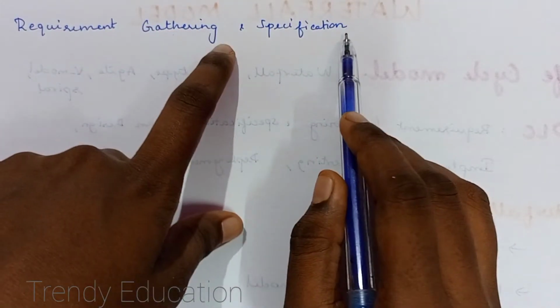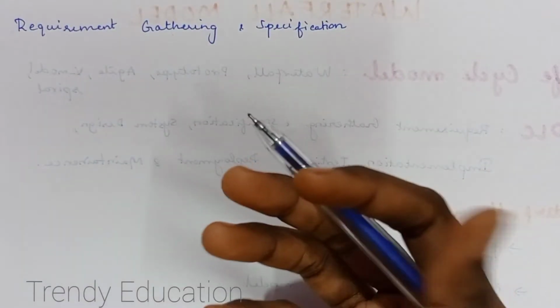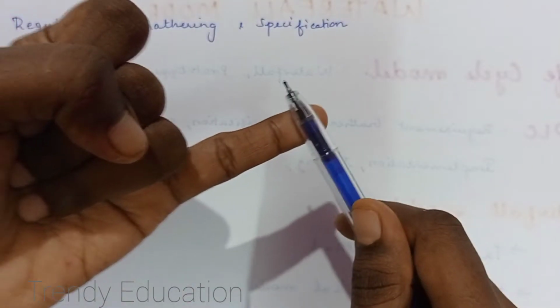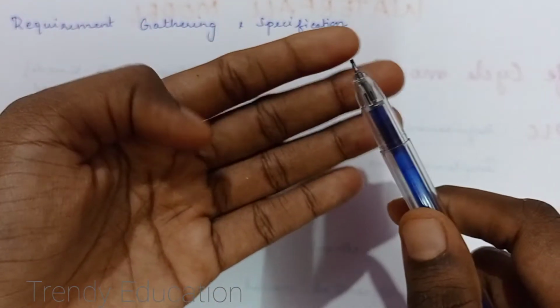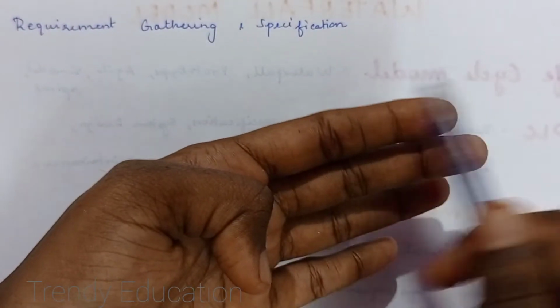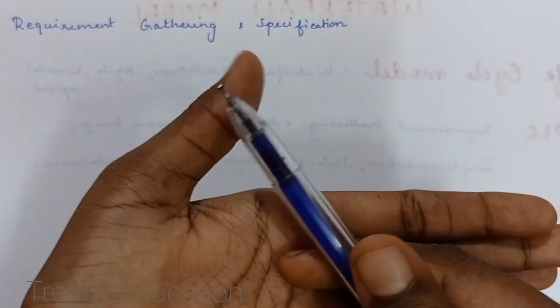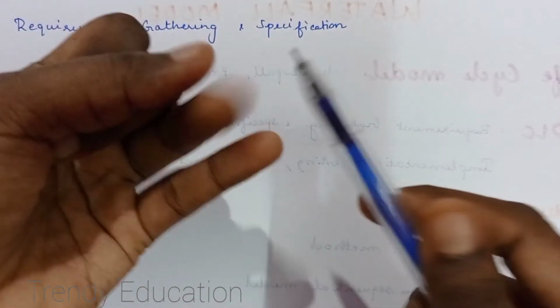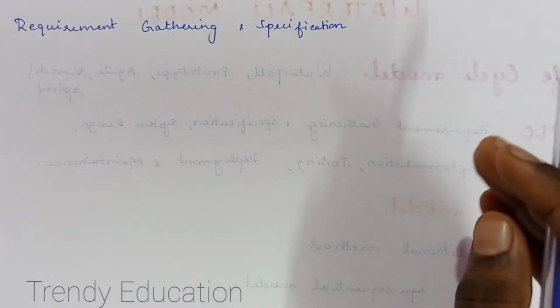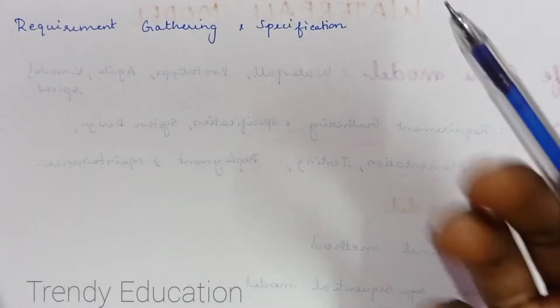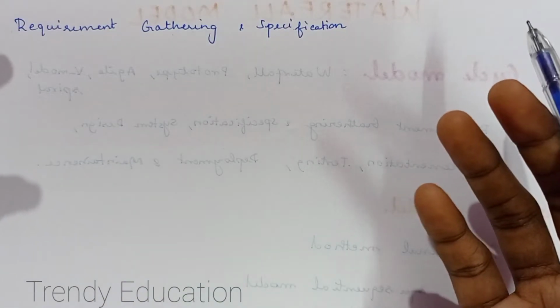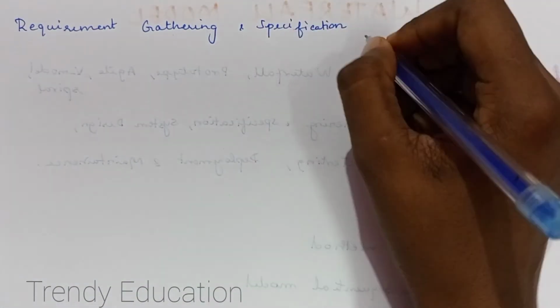Let me tell you about requirement gathering. For WhatsApp, what requirements will they need? They will say they want a chat module, and they want call options like video calling and voice calling. They want features like statuses, and they want to hide their status from some people, and hide their online and last seen information. These are all the features they need. This is what the client tells the business analyst, and the business analyst gathers all the information from the client and files it, and the name of that file is called the SRS document.